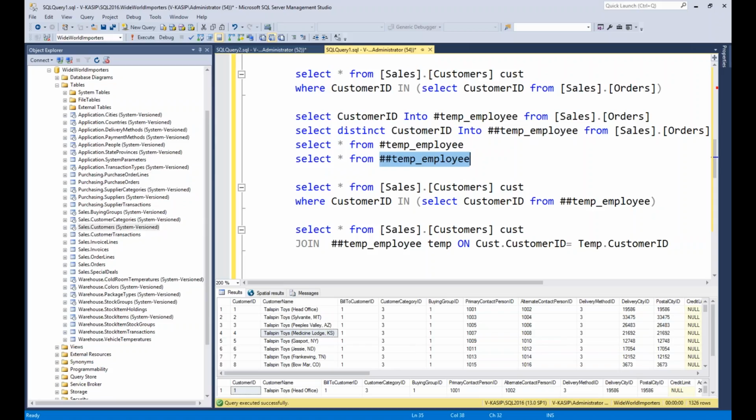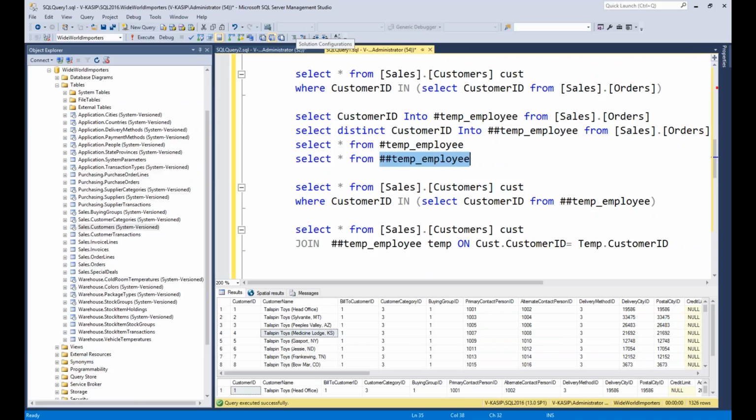Normally, these temporary tables hold the intermediate result set for you. There are two types of temporary tables you can create: one is the local temporary table, another is the global temporary table. The local temporary table is scoped, meaning its validity is to that session only. But the global temporary table you can use across multiple sessions. But if you are using the result set again and again, it's better to create a separate physical table. That way you will get better performance. These temporary tables are only for that information during that execution.